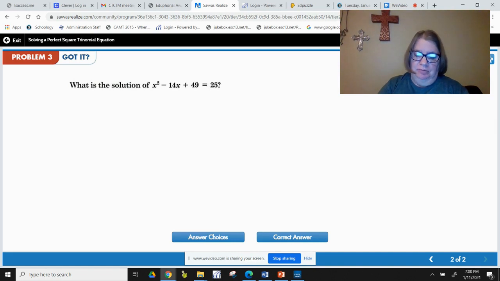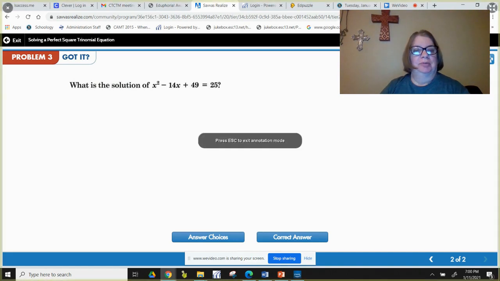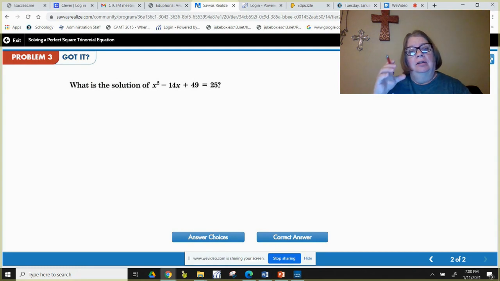Here's another one like that. It says, what is the solution of x squared minus 14x plus 49 equals 25? If that left side of the equal sign is a perfect square trinomial,